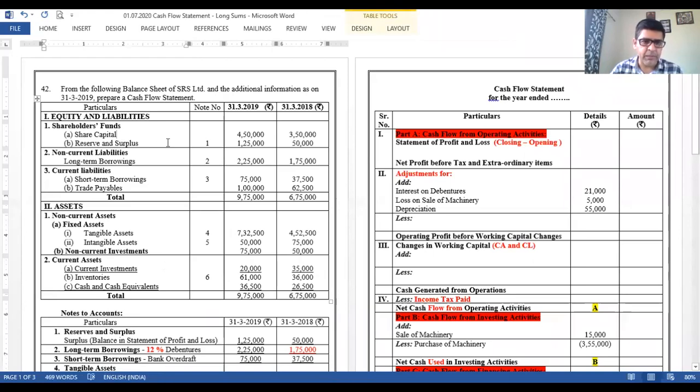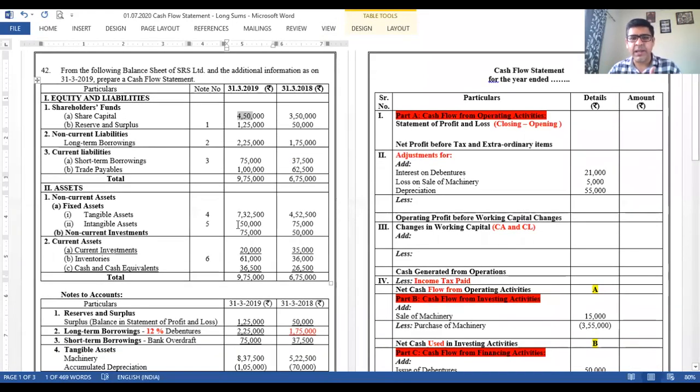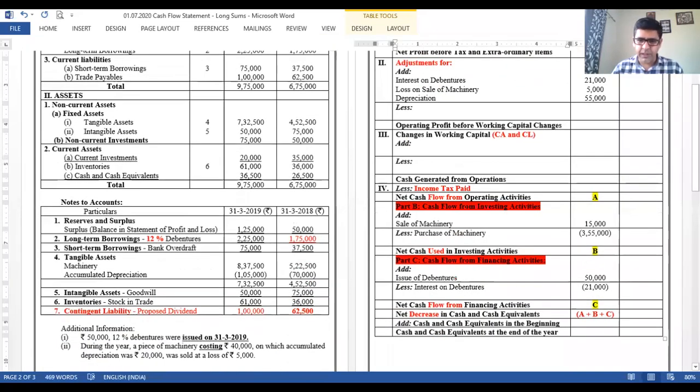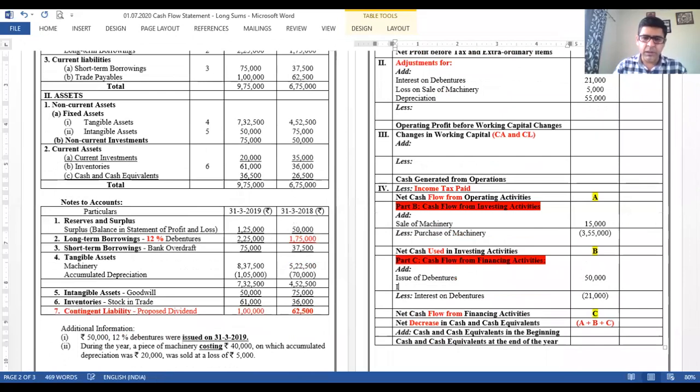Continuing further, now share capital is there. First amount, share capital balance sheet. You can see that it was 350 and now it is 450, right? So 350 to 450, the share capital has increased. Increase in share capital shows the shares must have been issued, right? The funds have been raised, cash comes in, it has to be added. Financing activity, we'll be putting over there issue of share capital. Amount is 1 lakh, the difference amount.